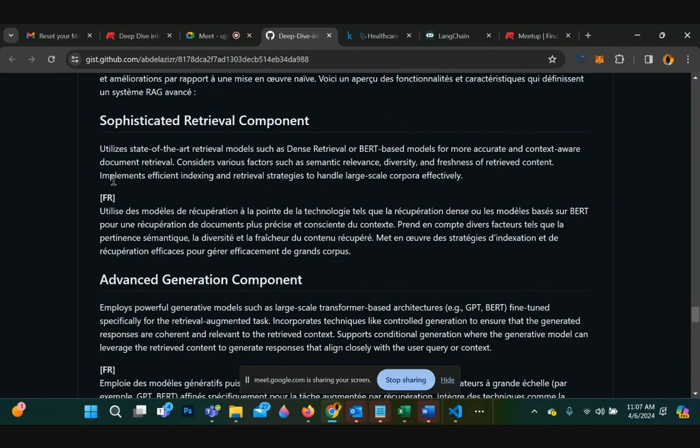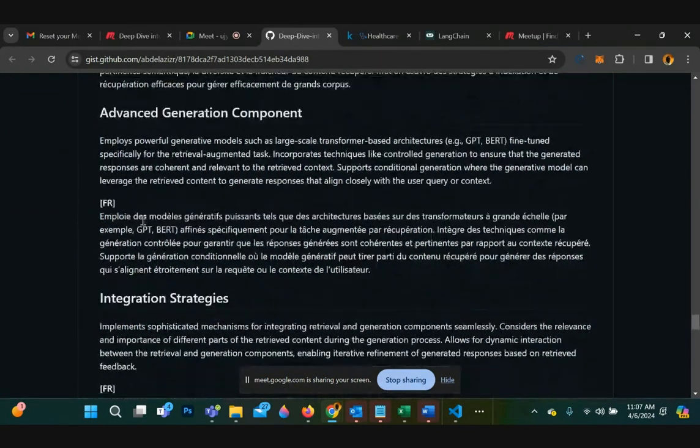Are you going to use the public APIs, or are you going to use open source Hugging Face transformers? So these are all the things that need to be discussed initially with the business, with the company, to find out which direction to take.